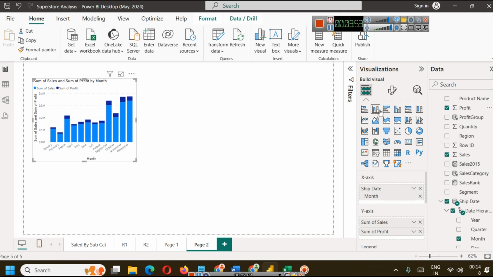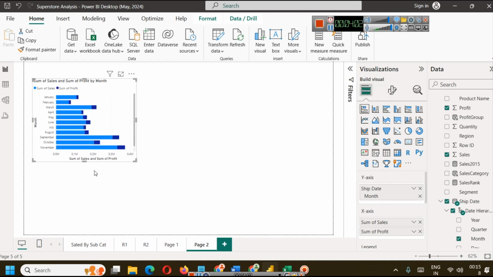So this is what you can create in a stacked column chart. You can also switch it to stacked bar chart like this. So you will see January, February, March, October, November, December like this. And the only difference is now the categorical field, whether it was month or something else, will now be on